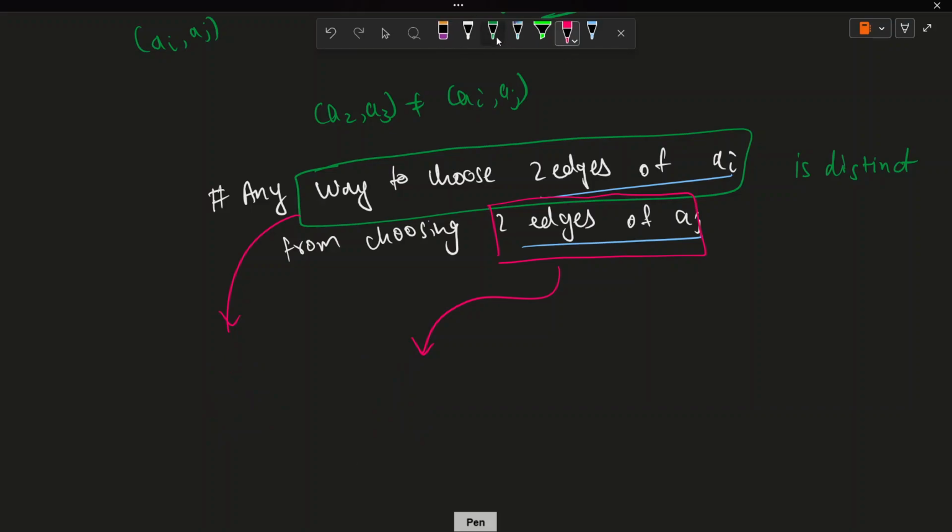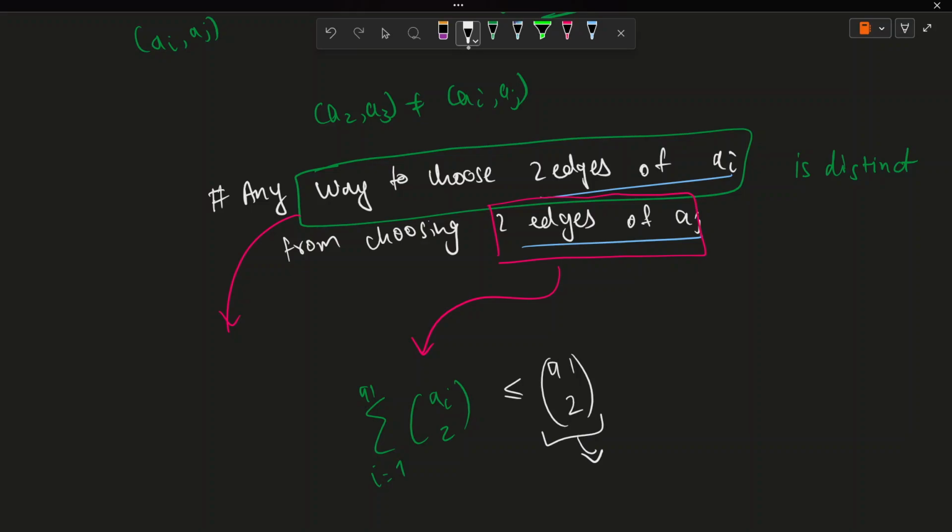Hope you understand what I mean to say. So now let us consider a summation of ai choose 2 from i equals 1 to 91. Notice that each ai choose 2 corresponds to a different pair, because if some pair appears twice, then a quadrangle is automatically formed. So this should be less than or equal to